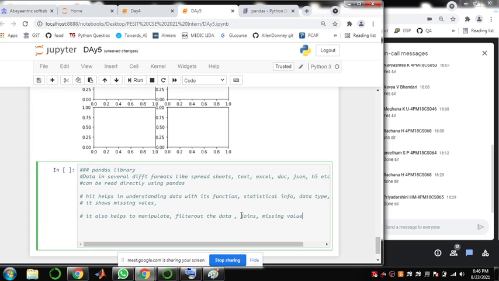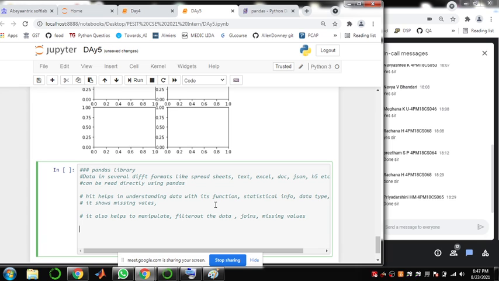Missing values are very important in data science. It is one of the important concepts: when you collect the data, there are chances that we may not have some information about a particular row. In that case, how are we going to handle it? That's about missing values handling. These can be directly done in the pandas library. Whenever we read data from Excel sheets or text files using pandas, it is called a data frame. It has its own class called DataFrame.